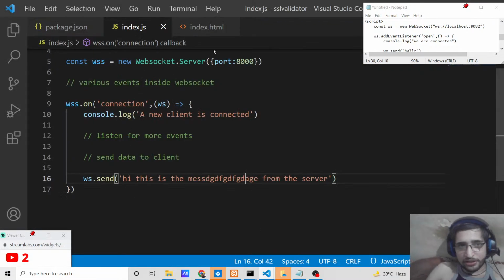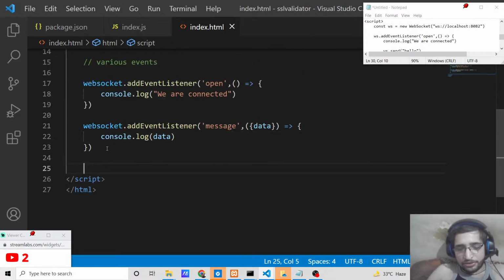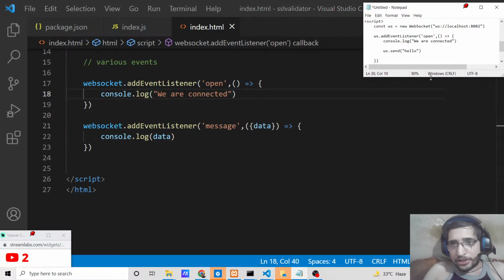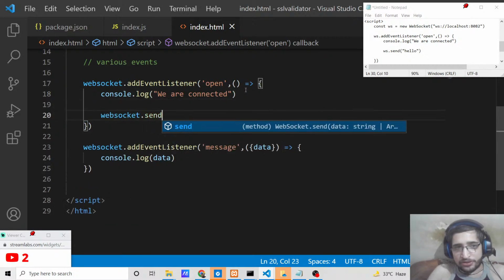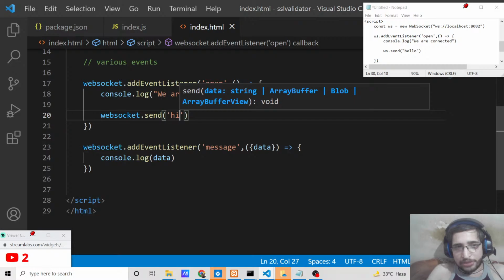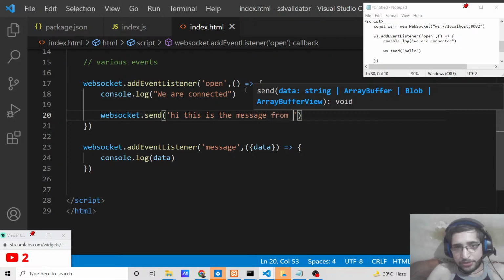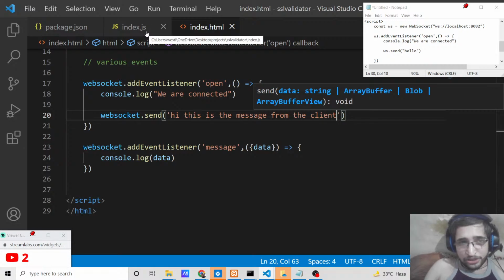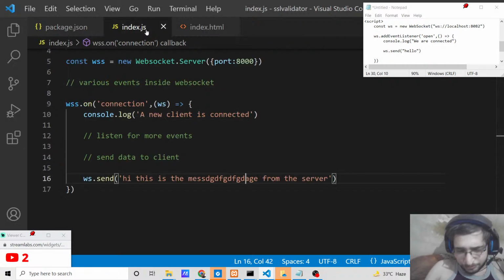Now in this case, we can send out a message from the client to the server. For this, we can say WebSocket.send, and here we can send out a message: Hi, this is the message from the client. And in similar fashion, guys, you need to go to the server file, which is index.js,